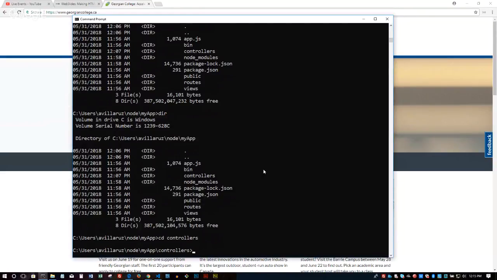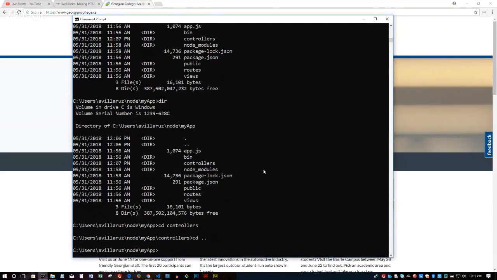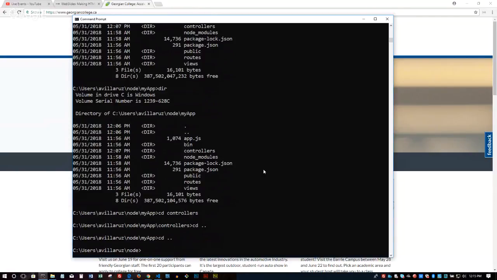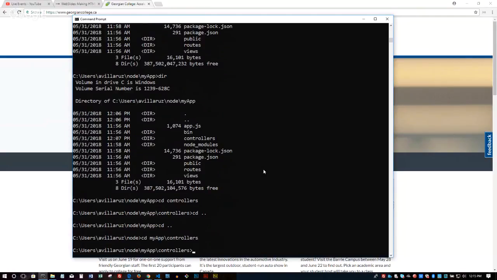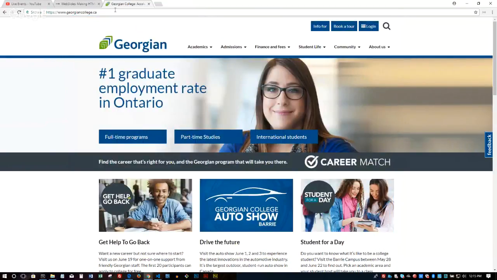But my point is, let's say now I'm here. If I wanted to get the controllers right away, how do you remember how to do that? So I have to go to my app first, slash or backslash controllers, right? So this slash is representing the path. So by default,